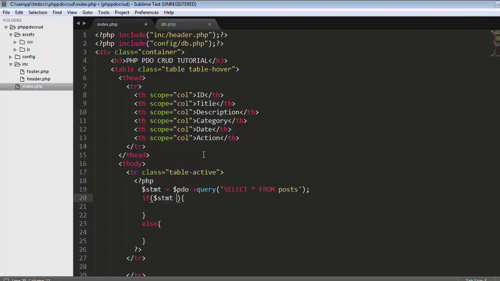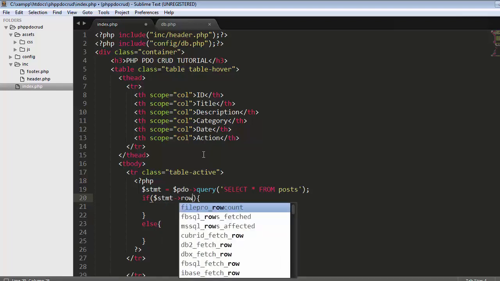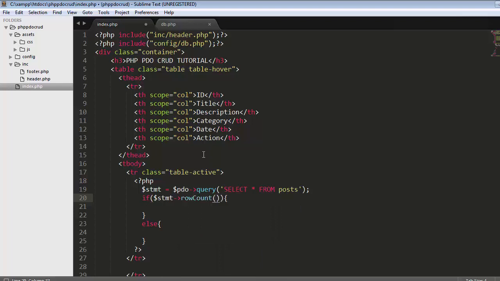If our table post contains any record, then it will return a value of 1, which is greater than 0. In this case our table contains the record, so it will keep on iterating